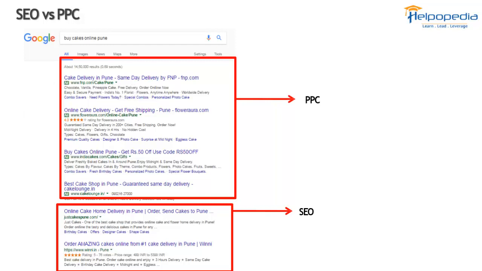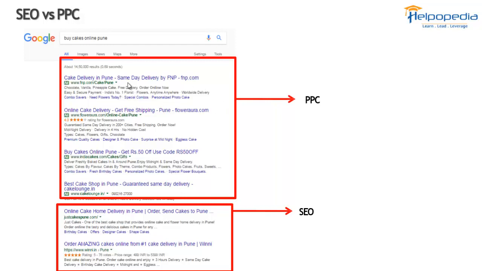And the below one that we see, this is organic results. These are done by putting in time and efforts and working on the website. That is search engine optimization. So these results we get after performing various strategies on our website. That is the basic difference. Over here we pay to get ads, and over here we take efforts to get our content.